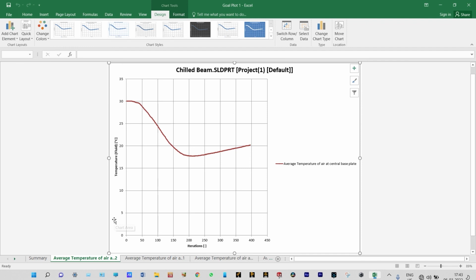Let us see this one. So this one is showing average temperature of air at the central base part. You can see initially average temperature of the central part was 30 degrees centigrade, and after 395 iterations its temperature has come down. Its temperature is in the range of 20.148 degrees centigrade. So the central part is having a little bit higher temperature compared to the sideways,